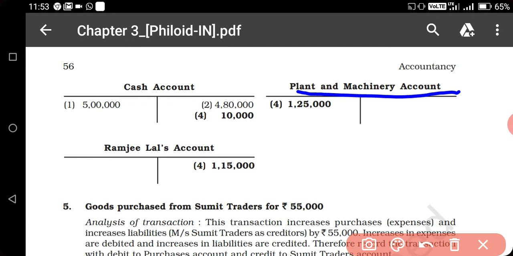So that is our liabilities, and we will indicate in the credit side of his account. So liability has the credit balance. If your liability improves, your credit balance will be improved. Next is